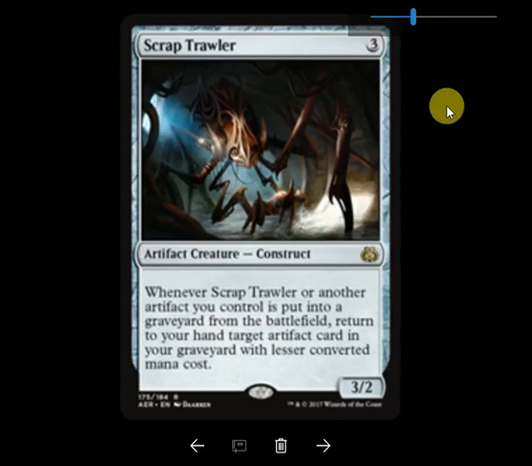Let's look at this Scrap Trawler here. It's a 3-mana 3/2. Wow. Another artifact you control is put in the graveyard from the battlefield. Return to your hand target artifact with lesser converted mana cost. See, they had to do lesser here, because if they did same mana cost, then it would do a lot of shenanigans with 0 casting cost artifacts, Memnite, or even Turmoil's Crypt at sacrifice, and it would give you just an infinite storm count, and they don't want to encourage storm,